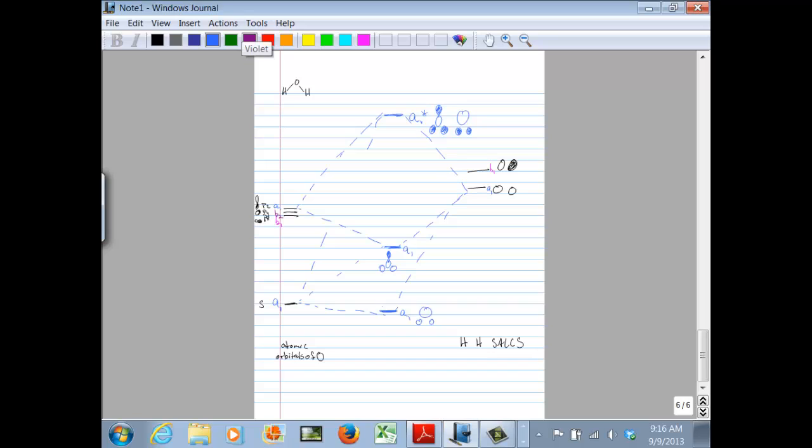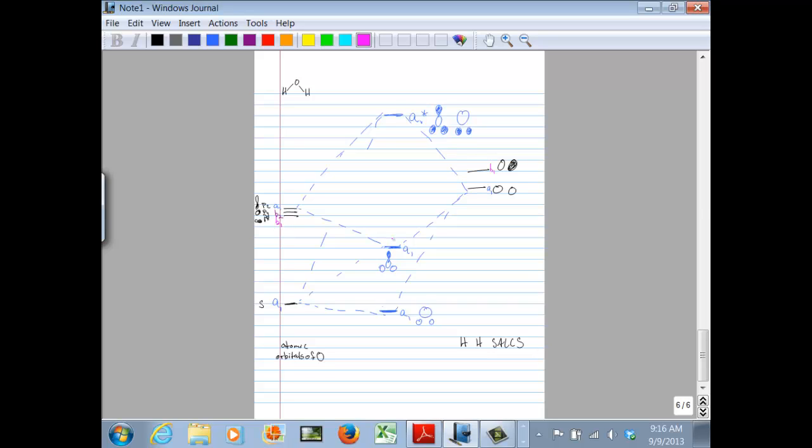So then let's do B1. So we have 3 A1 molecular orbitals. We started with 3 A1 atomic orbitals. We're good. How about B1? We are starting with how many? 1 here and 1 over here. There's 2. So we'll get 2 molecular orbitals. The B1 SALC is going to combine with the B1 px orbital,